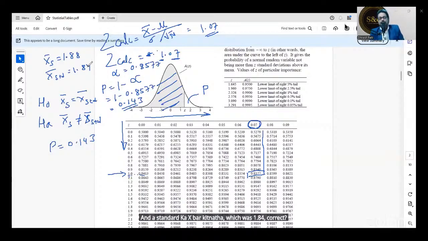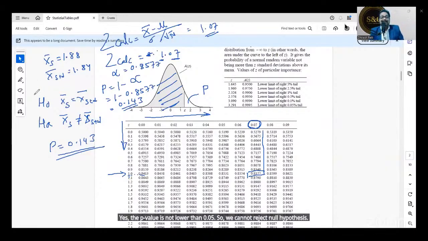Correct? So p low, null go. Right now, is this p value lower than 0.05? No, the p value is not lower than 0.05. So we cannot reject the null hypothesis.